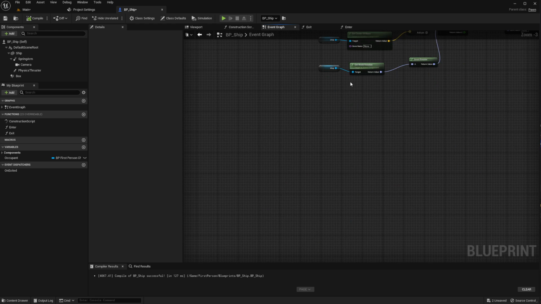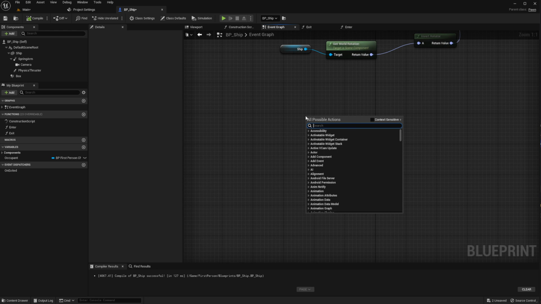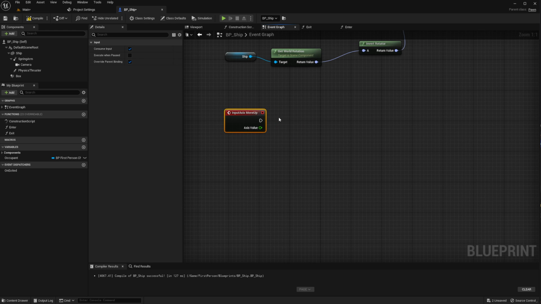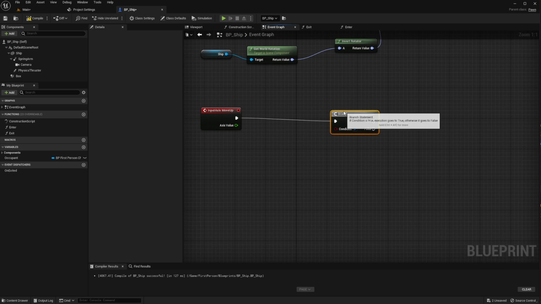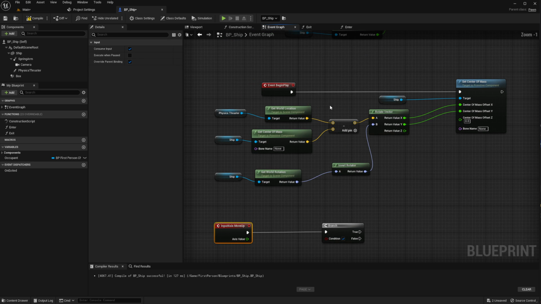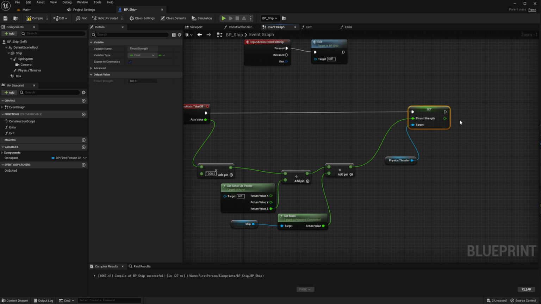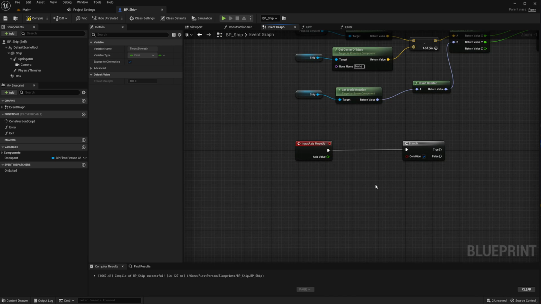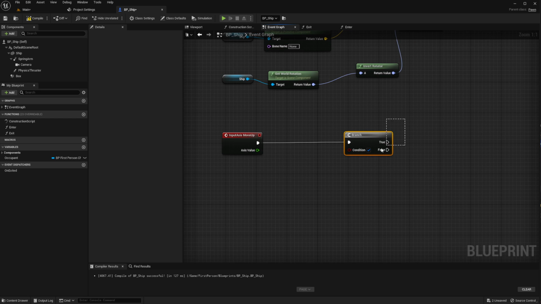Then we're going to go back into our blueprint for the ship and go into the event graph. I'm going to type in move up so I can get that axis event. With that selected, I can now get a branch. I can set the condition based on speed and other such factors. For example, maybe you don't want to be able to look up and down if the value of the thrust here is not higher than a certain amount. Now, if you don't want to do that, you can skip this altogether and just